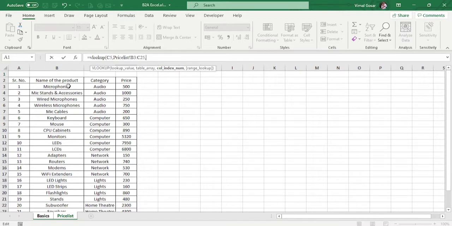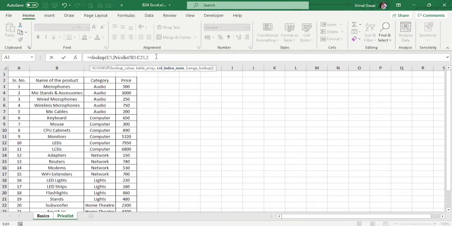And now it will look up for the microphone, with wired microphones that we had searched for. So it will look up in this particular column, and it will return a value for category only if I put the value next as column index number, which is 2. So what is the column number? This is the column number 1 for the table and column number 2 for this table. So I will require the column number as 2.